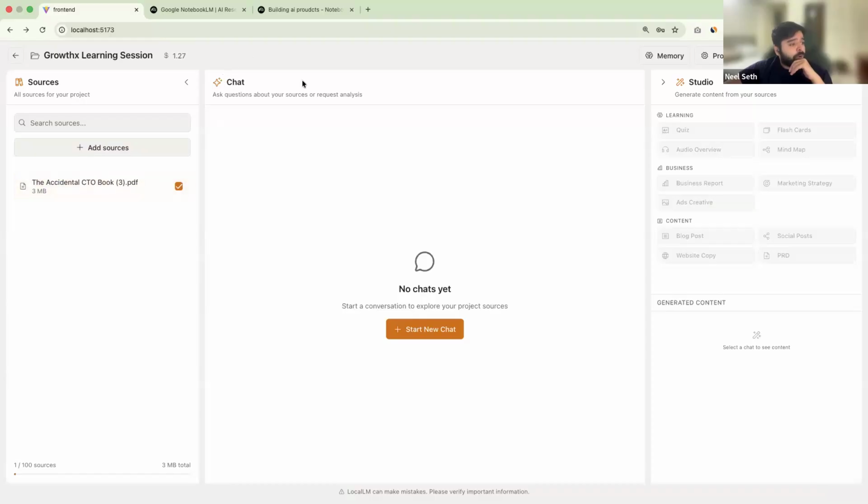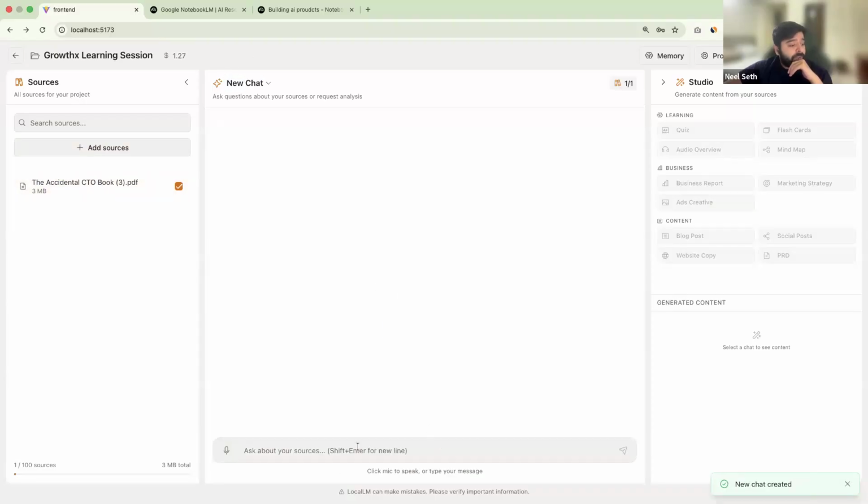Now I have my sources uploaded, and I can start a chat. Whenever I start a chat, you will see this icon, 1/1 active source. That means this chat has the context of your file. If I disable this, it will go to 0, meaning you have sources, but this chat right now does not have the context. And if you remove this file, it will get deleted itself,